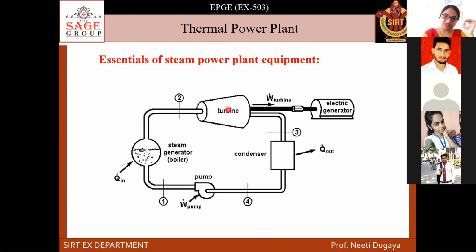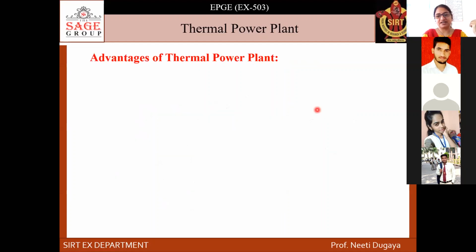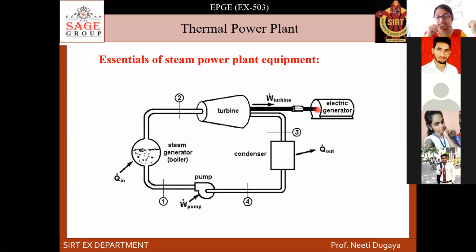So when this turbine rotates, the shaft also rotates, and the shaft is connected to the shaft of the electrical generator. We know the principle of the electric generator, that mechanical energy is converted into electrical energy in this particular generator. So the turbine is rotating, the shaft is rotating. That means mechanical energy is involved, and that mechanical energy, by the electromagnetic induction principle, is converted into electricity.